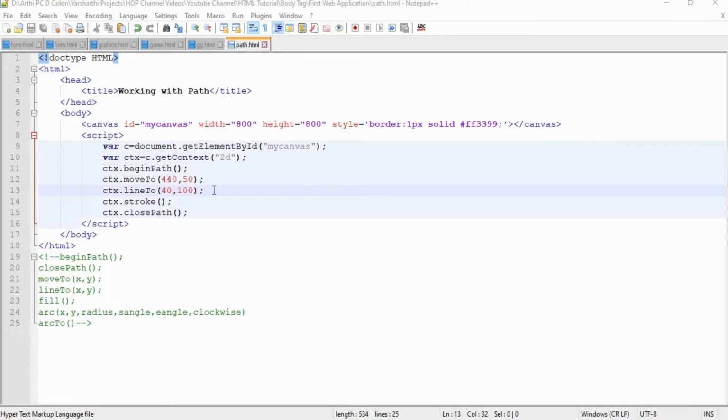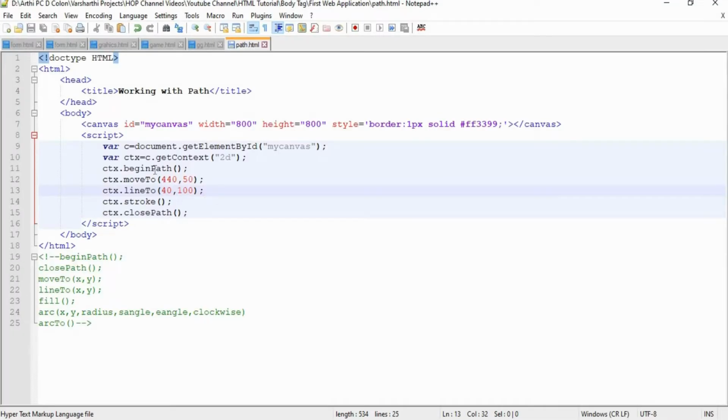So for providing the exact coordinates, we have to provide them randomly, and depending on the output we get, we have to change our coordinates, right? Just look at our output. We have a line, then we have to add the second line, right? In the first moveTo function, we have used the x coordinate value as 440, and in the lineTo function we have used the x coordinate as 40, right?